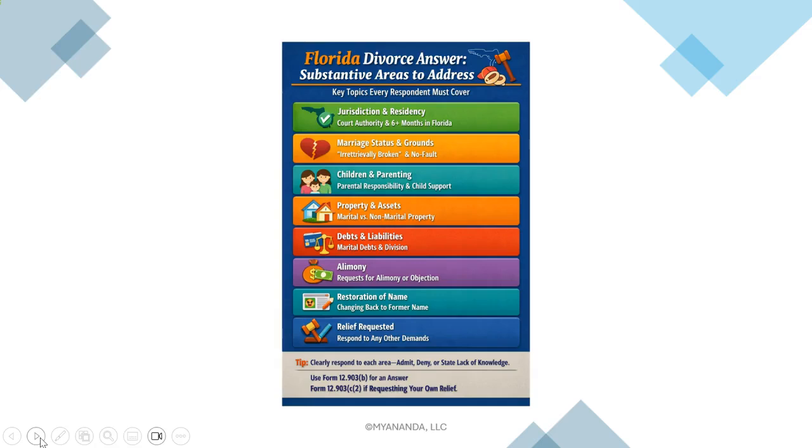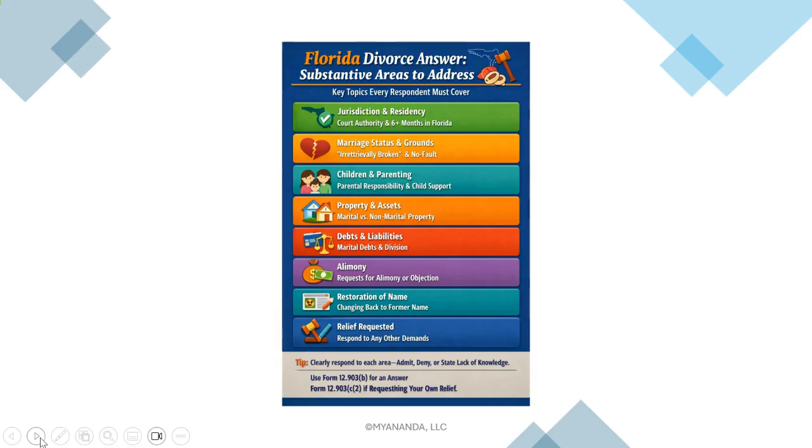Property and assets will be listed, not in a lot of detail, but just a paragraph that explains that there is property, there are assets, and it might also tell the story in an allegation that some property is marital property and other property is non-marital property. So again, we're in strategy, thinking ahead, so it's not like just do an answer that just says what it says. You have to be really careful. Your attorney will help you do this.